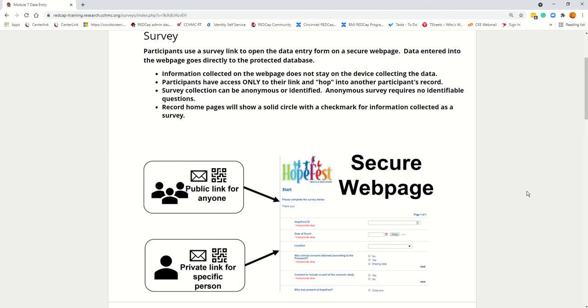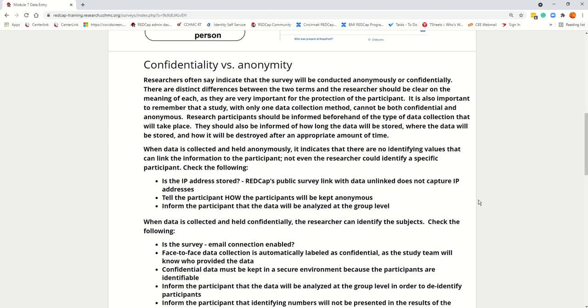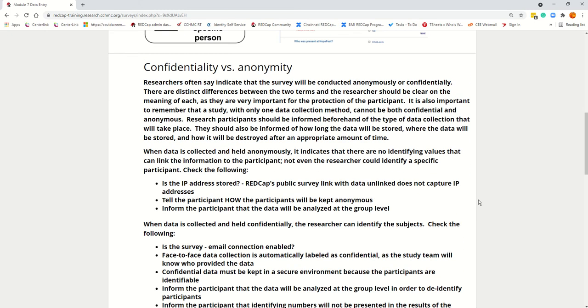So at the most basic level would be using that public link, or you could even use an invitation inside the survey distribution tools to someone you know, and you could put their email in. And if the email sends them an invitation, what that does is it sets up a public link inside that invitation. In both of these cases, you need to consider what you're doing in terms of confidentiality and anonymity. It's very common for us to write down in our protocols that we are collecting information anonymously, but that doesn't mean that